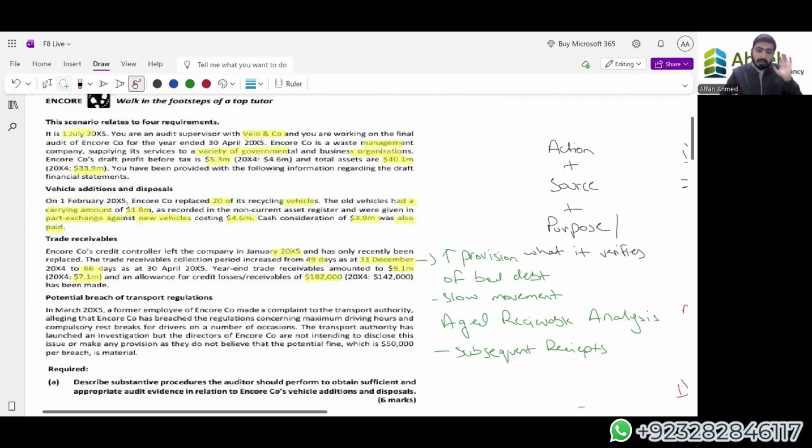Is it because they have gone bankrupt, a bad debt, or are they going to pay us but holding it due to a dispute, or are they not willing to pay us at all? Any kind of position that is there, we have to shed light on that. So we have to identify the rationale of maintaining an allowance, for the same level or higher level, whatever the level that we are on. Double entries for provision of bad debt can be recorded.